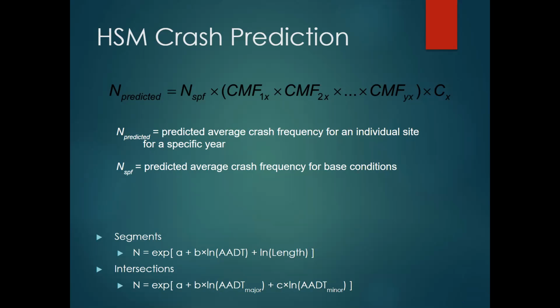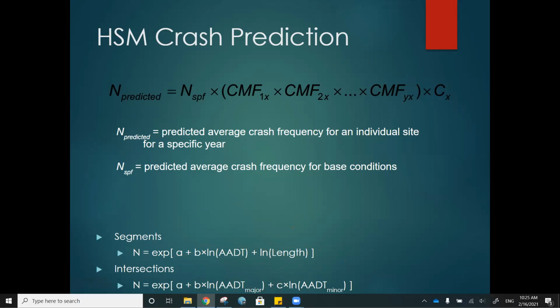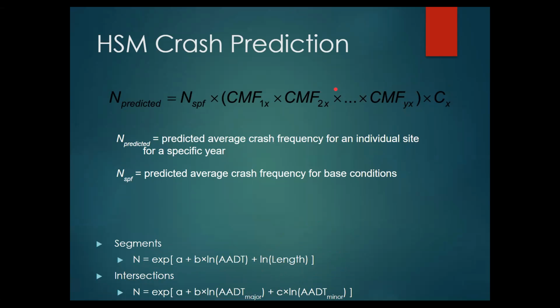Any thoughts on why shoulder width and lane width, to take two examples, would be required data elements to apply the HSM methods if the SPF looks as simple as this? Okay, so I see something in the chat finally. Thank you, Megan, to find the CMF values. Yes, that's exactly right. So there might be CMFs associated with your site that describe key differences between your site and the sites